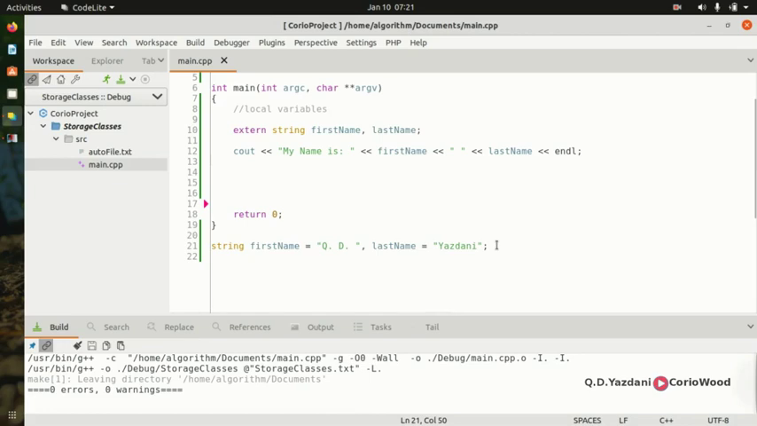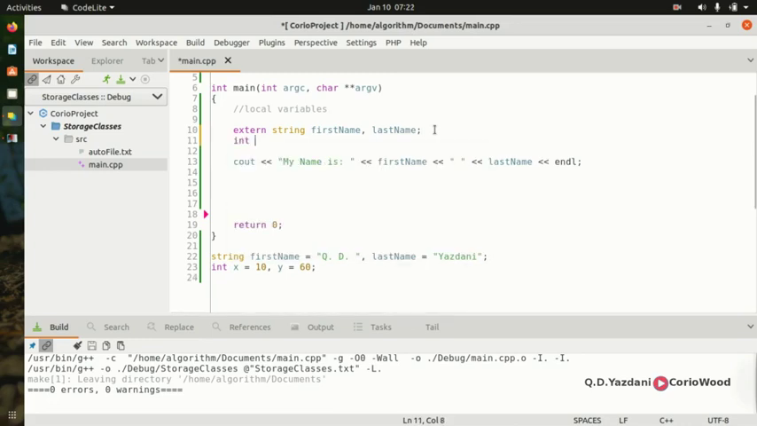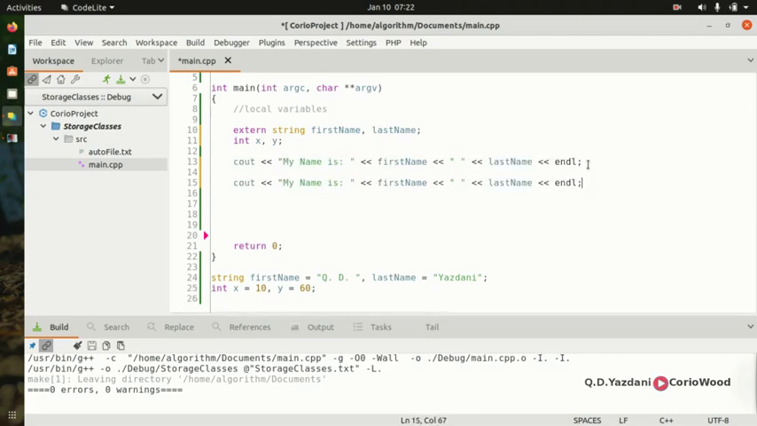Now we're going to give you guys another example. Say we've got an int x is equal to say 10, and our y is equal to say 60, for example. All right, so now we have an int x and y, which are global variables. It's not a string. So now we're gonna come here, we're gonna put an int x and y because we want to access this global variable. That's fine. So if you guys come here and put it here, my x and y,